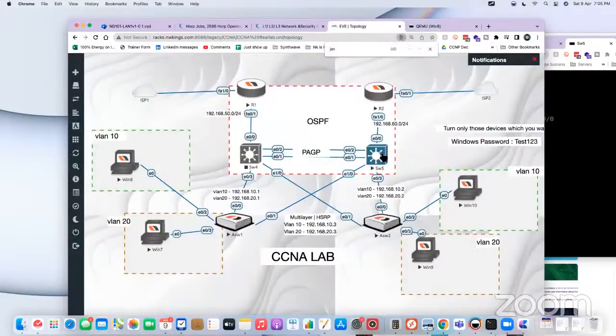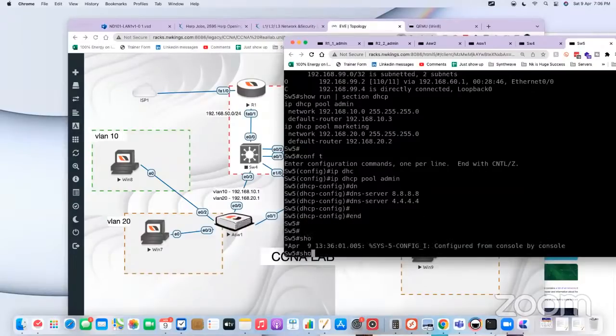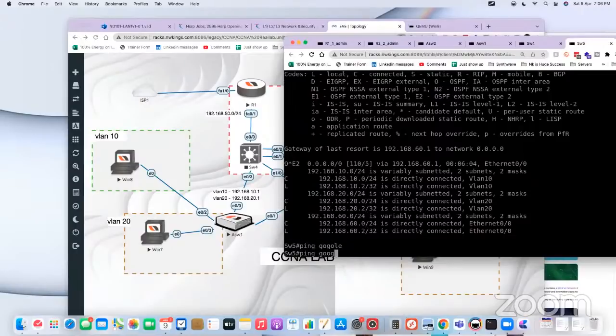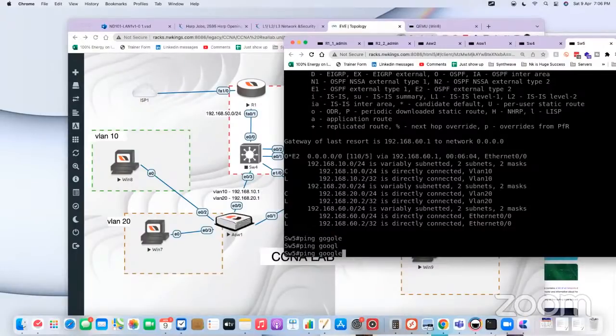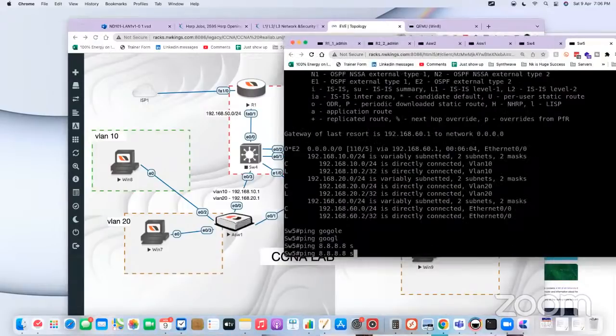Okay, we are not getting the final ping. So, IP route. Can I ping google.com from this side? So I can check. We cannot ping from here, because the switch 5 IP address is not, we have not done the NAT for this 60 network. So we cannot ping. But if I say source